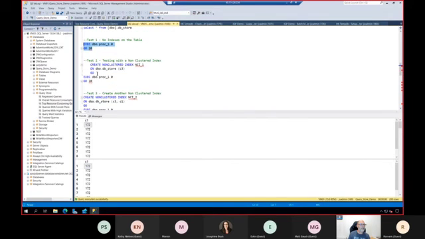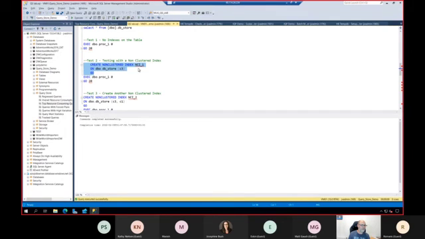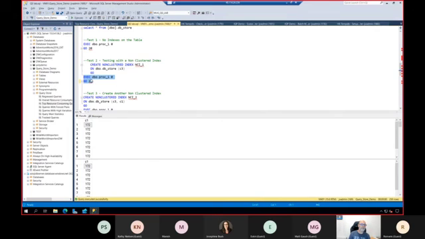Now I will create a non-clustered index on one of the columns. So just create the index, and now I will execute the stored procedure again, I will execute it 25 times.